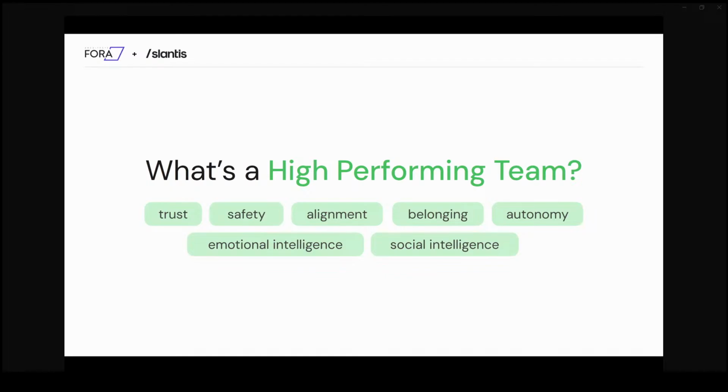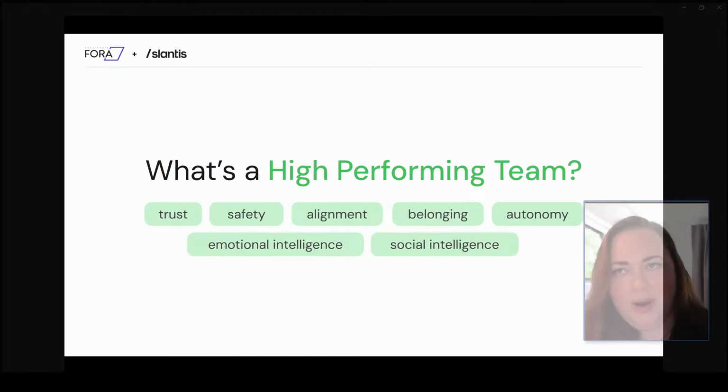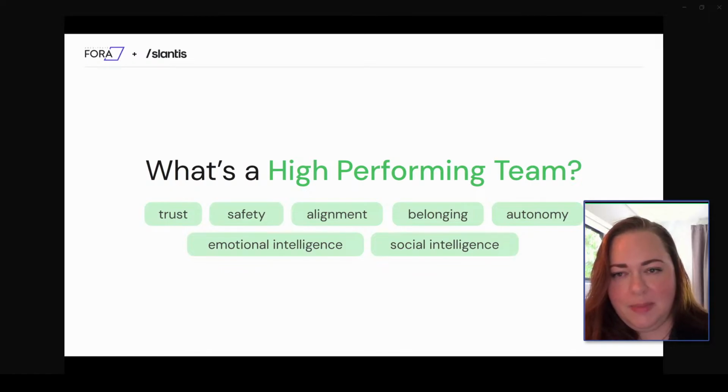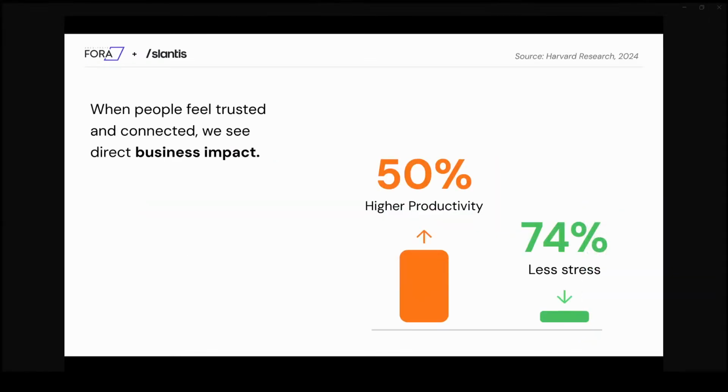It also heavily influences your impact on productivity in business. Highly collaborative, high performing teams result in 50% higher productivity and 74% less stress. So what's good for people is good for business. When we invest in collaboration, we unlock the best in our teams, we attract and keep the best talent, and so we're building a resilient practice that is likely to last a lot longer and be a lot more